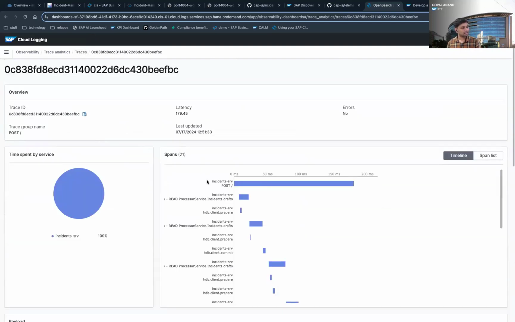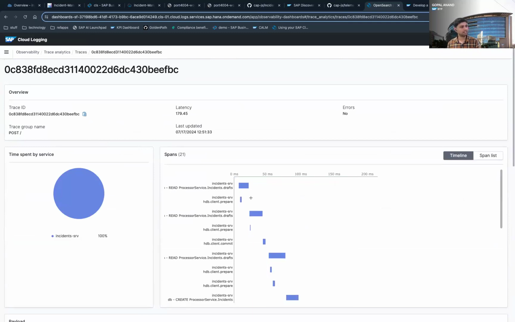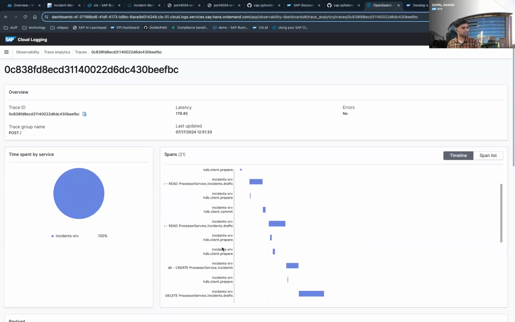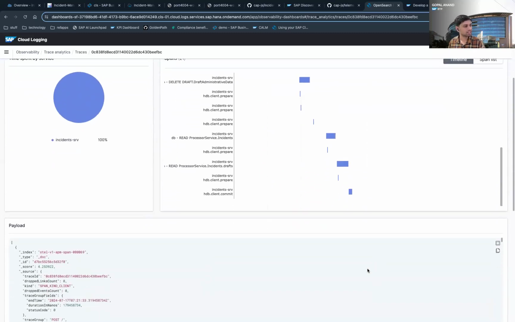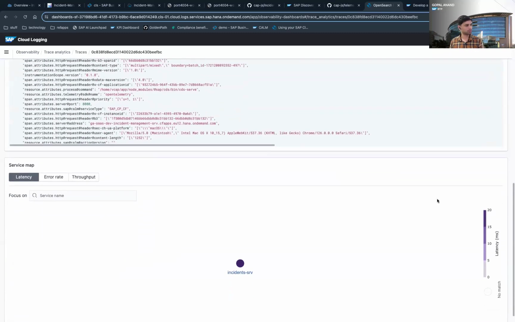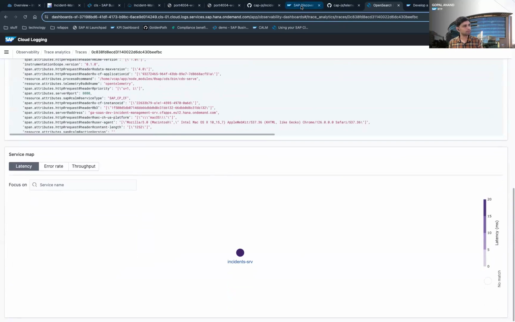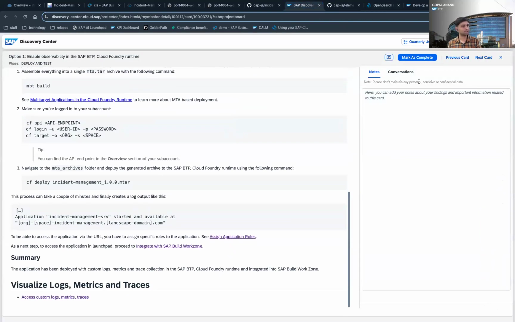So I did a post request, and then there was a read on the draft, and then there was client preparation and so on, then the create request happened. So this is the trace analytics that comes from the application. So that's what is covered as part of the mission in the next section. So after the app is deployed,